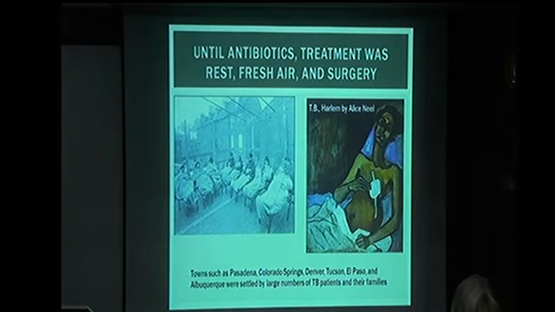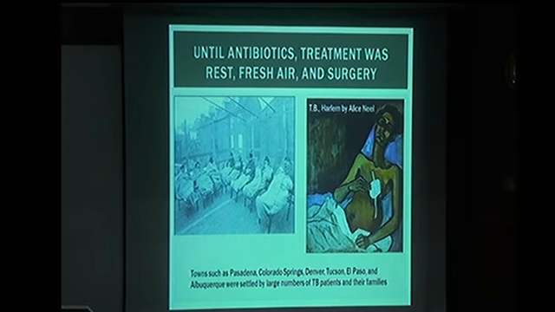So moving to drugs, until antibiotics, treatment was fresh air, rest, and surgery. Sometimes they would just go in and cut out part of your lung or your whole lung. If you had a problem with a bunch of TB in your lung, they would just do surgery and cut out a lobe or your lung. And then here's pictures of people,